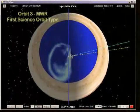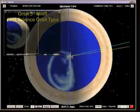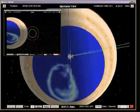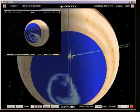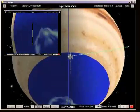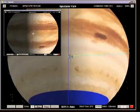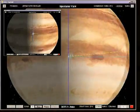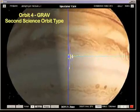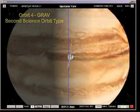The first of 2 science orbit types, called an MWR orbit, is exercised on orbits 3 and 5 through 8, and is characterized by a flight system attitude in which the spin plane passes through the center of Jupiter. This attitude allows Juno's microwave radiometer and other remote sensing instruments to observe Jupiter's aurora and atmosphere during the perigee passage. The second science orbit type, called a gravity science orbit, is exercised on orbits 4 and 9 through 32,